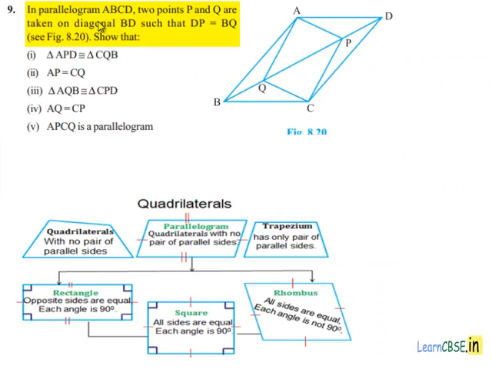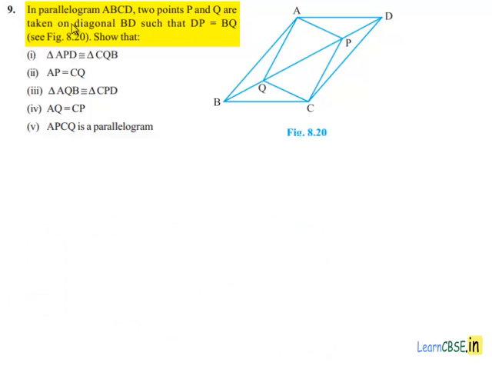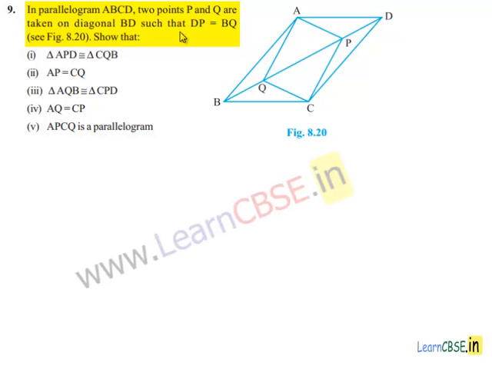Now moving on to the ninth question. In parallelogram ABCD, 2 points P and Q are taken on diagonal BD such that DP is equal to BQ, and show that, first thing, triangle APD is congruent to triangle CQB, and second, AP is equal to CQ. Third, triangle AQB is congruent to triangle CPD, and